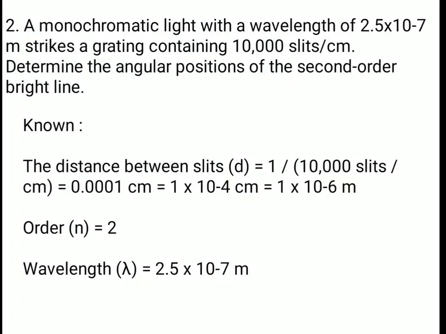As given in the problem, the order is 2. It is indicated by the letter small n. So, n value is equal to 2. Wavelength is indicated by the letter lambda. In the problem, it is given as 2.5 into 10 power minus 7 meters. So, to determine the angular position, that means theta,